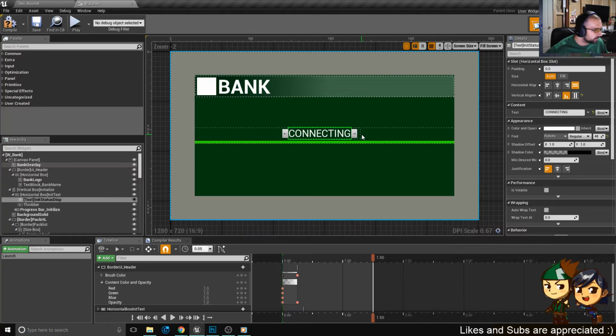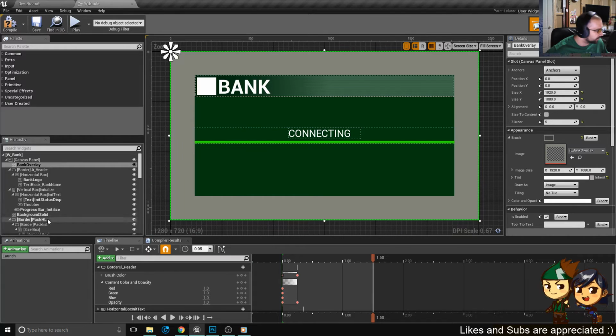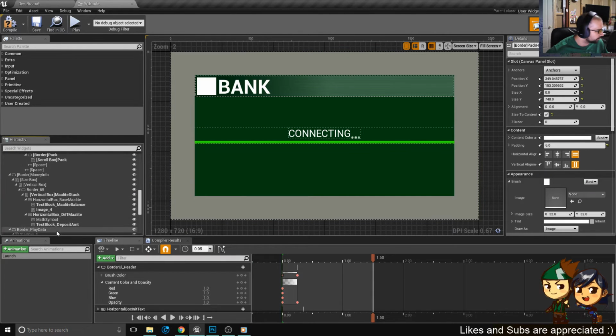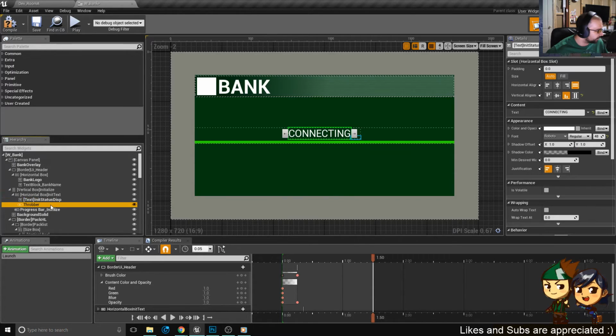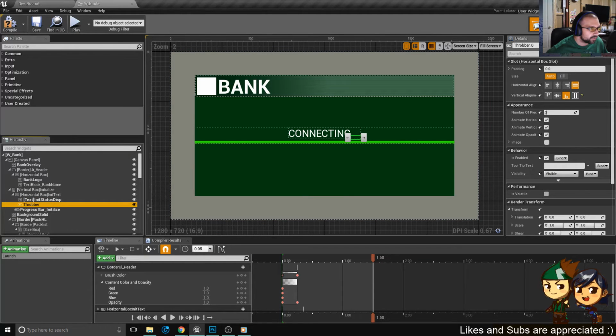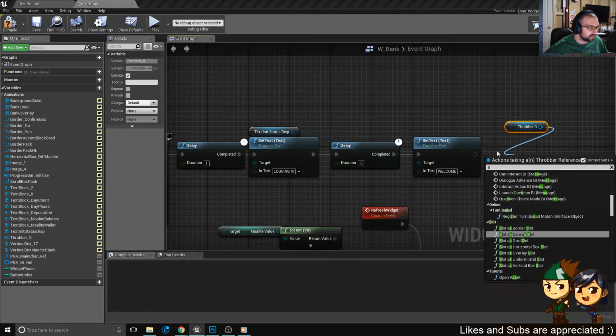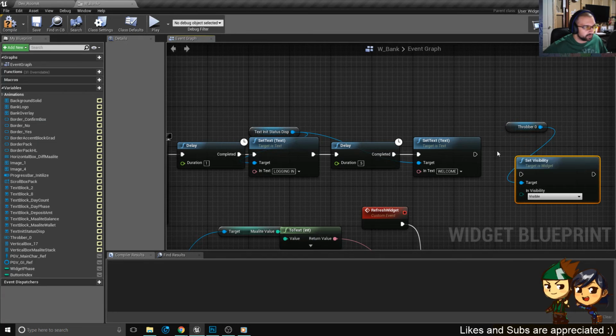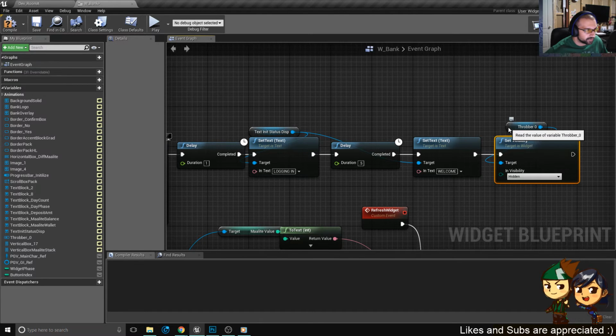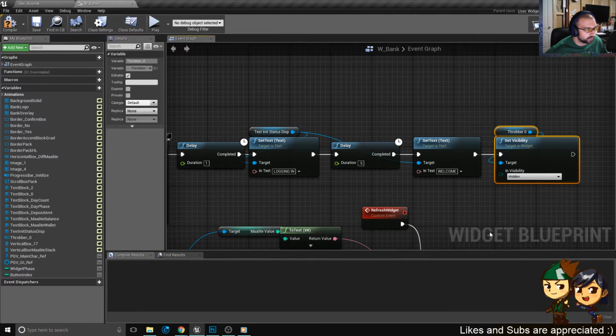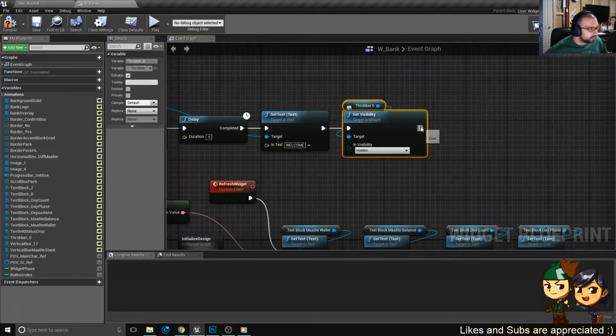At that point in the animation, we're going to add some sounds to this as well, just to make it a little bit more dynamic. We're going to grab the throbber. It was already a variable. And I'm just going to grab it and set the visibility of it to hidden. So, once it says welcome, it shouldn't be looking like it's trying to connect anymore. And then after that,